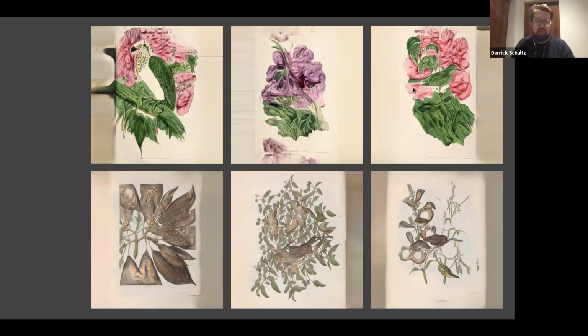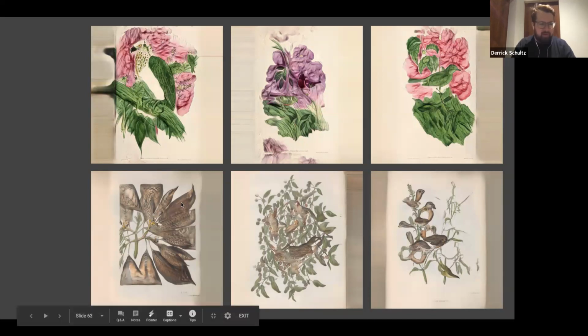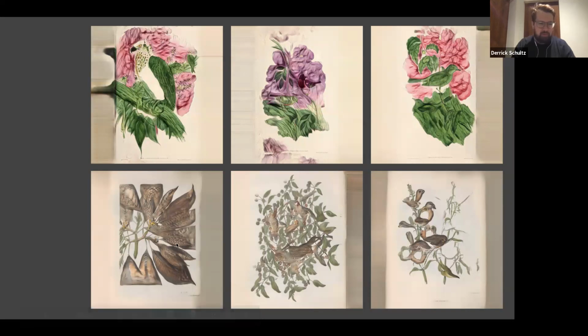So the top here is where you're giving an input of a bird, and it's kind of camouflaging the bird in these flowers. And when you give it an input of a flower, it converts all of the leaves and other things into feathers. Again, you get really unexpected things with CycleGAN. And I think that's why so many artists tend to flock to it, because it just produces very weird imagery, but also very interesting work.